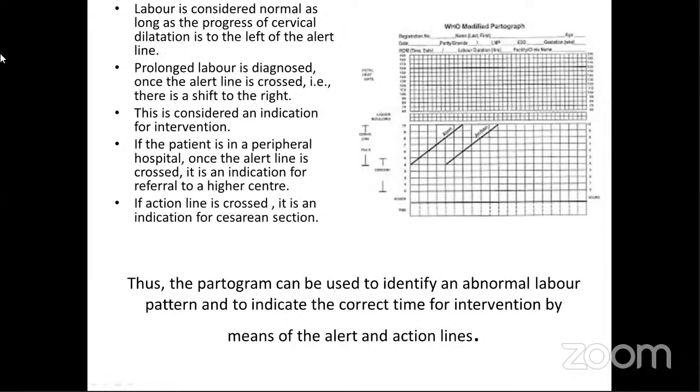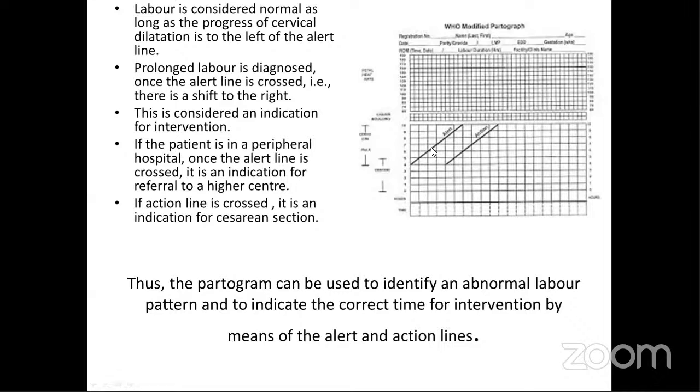What you have to understand, why you have to draw the alert line and action line, is that when you're plotting the graph of the cervix, you have to observe that the patient's graph is always on the left side of the alert line. Once it crosses the alert line, that is the time which indicates that the patient is having some sort of trouble in the labor. Either it is a prolonged labor, or the uterine contractions are not good, or the rate of the cervical dilatation is not good, or there could be some amount of CPD which has to be reassessed,